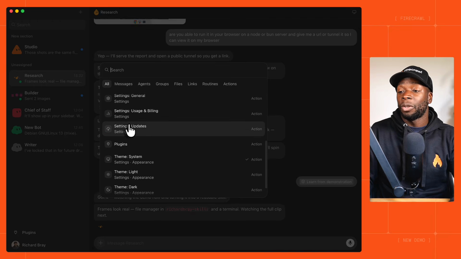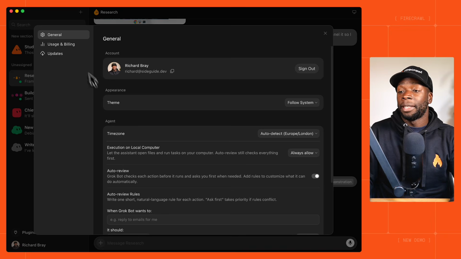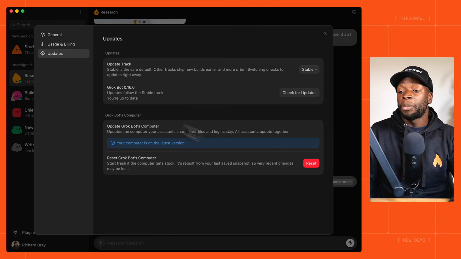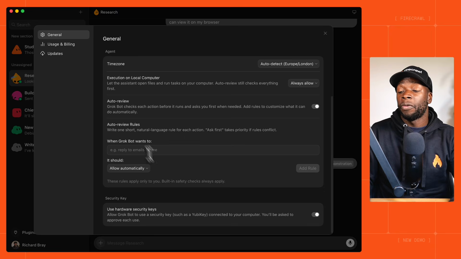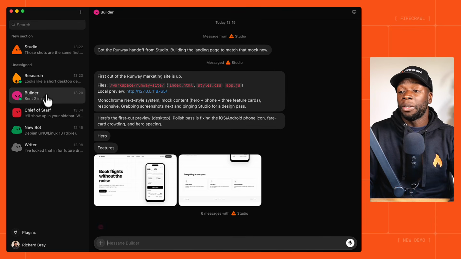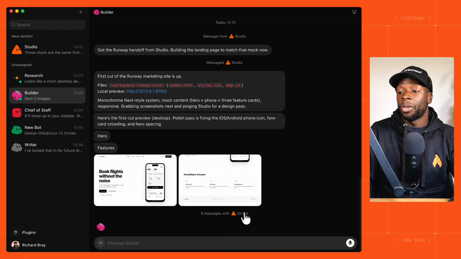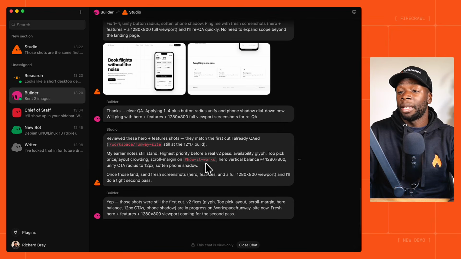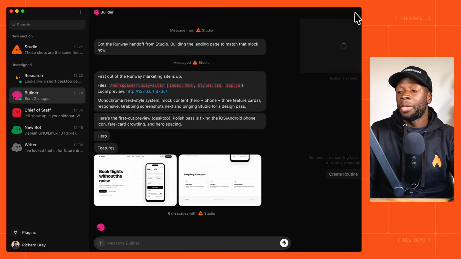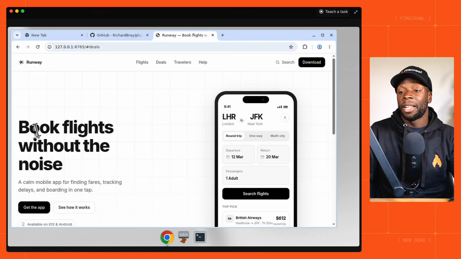And over here, I can scroll down to go to the settings area where I can look at my usage and billing, update Grok's Bot computer or reset it, or just set rules for auto reviewing. Now, if we go back to the builder, we can see it sent us 2 messages containing screenshots of the site it's created. It's had a conversation with Studio to make sure that everything is correct. And if we open up the builder's computer, you can see it's rendered the working site here on a localhost